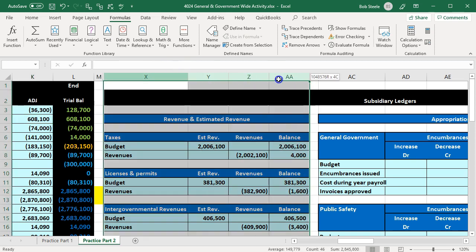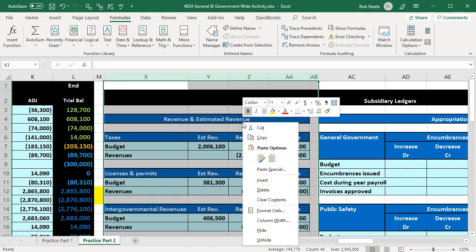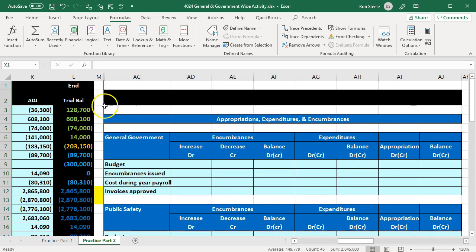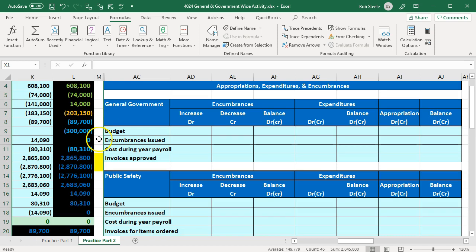And then left click and drag over to AB. Let go, highlight the selected area, and hide those. Don't delete it, but hide them. So now we've got from M all the way over to AC, which means we're over the alphabet and then